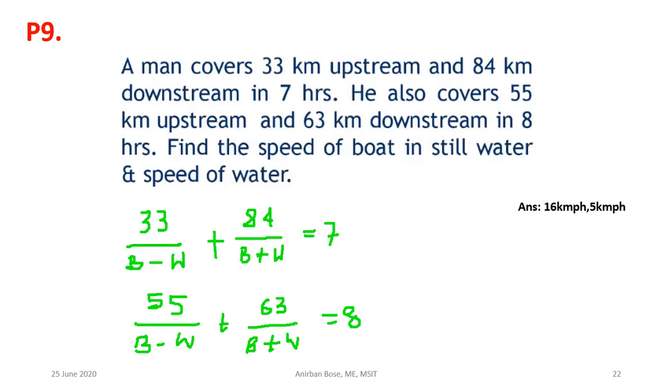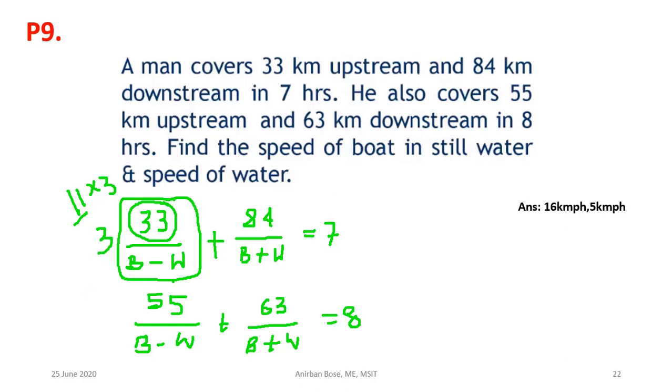So now, just by looking at the equations, it is possible to solve without actually solving them, because if you try to solve it actually, it will take a lot of time, right? So see the factors. Here you can see it is 33. 33 is 11 into 3. Now this whole fraction, if you simplify, it can be 11 or 3. Can it be 11? No. If it is 11, then the sum cannot be 7. So this thing must be 3.